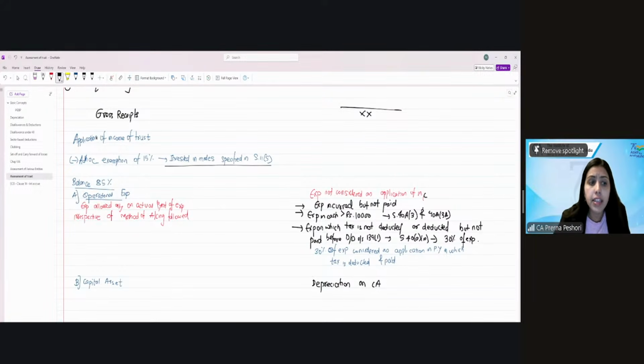Right? Then capital asset, entire amount that you spend is allowed as the application. However, depreciation on capital asset we will not allow. Clear? Yes or no? Yes, ma'am. Okay. Now third is